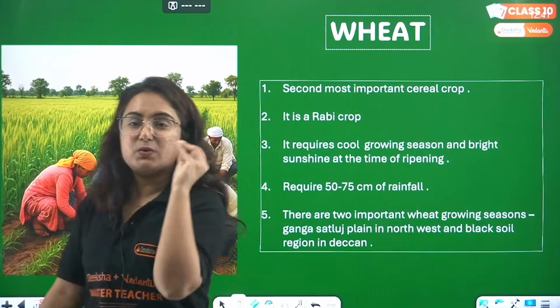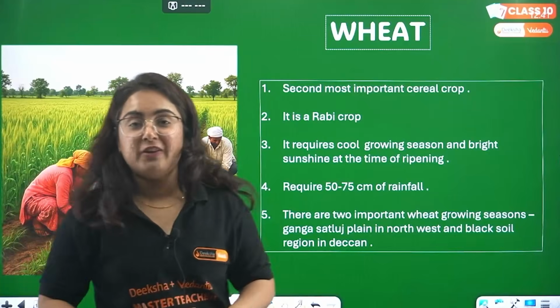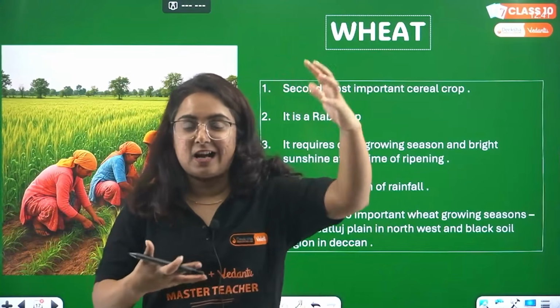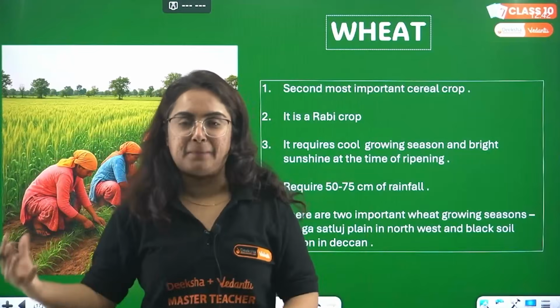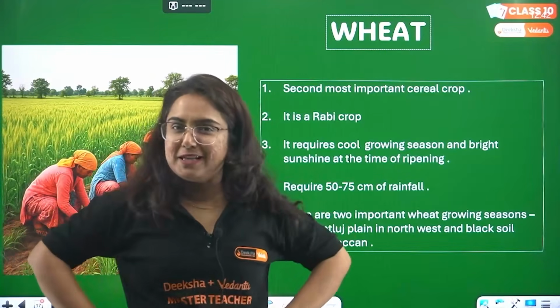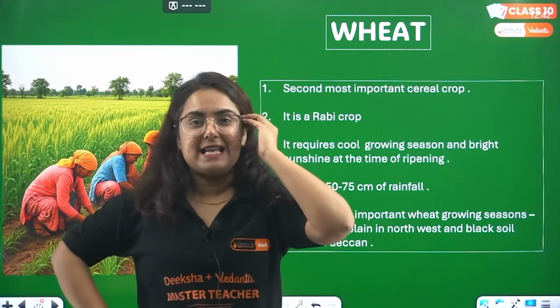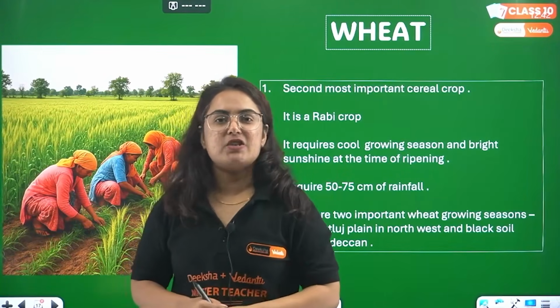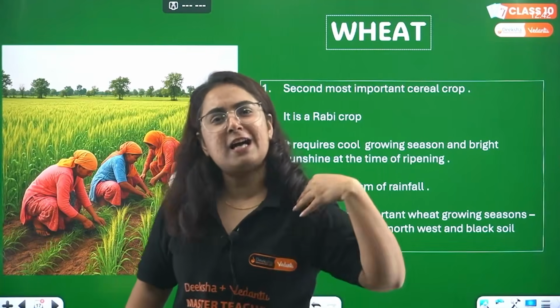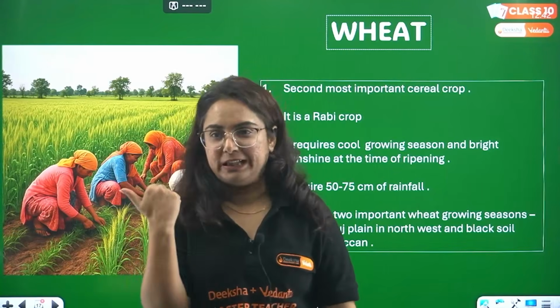I belong to a district from where Aashirvaad atta comes and gets distributed to different parts of India. Figure out which place that is. That's my hometown. We people don't live there anymore, but yes, that's the hometown. So when anyone tells me that we eat Aashirvaad atta, I am like, you know that comes from my hometown. That is a place where wheat is majorly grown and good quality wheat is grown.